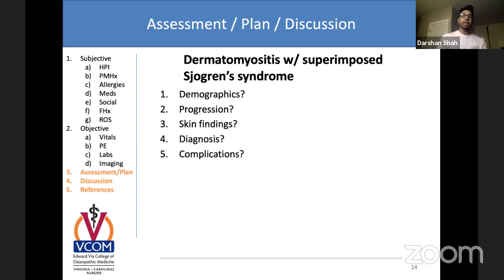Diagnosis, so the gold standard of diagnosing is actually doing a muscle biopsy. So you want to get a muscle biopsy, look at it under a microscope and see, hey, is there inflammation? There's certain things that you can see to diagnose polymyositis versus dermatomyositis. And then complications, right? So this guy has interstitial lung disease. That is really serious because this guy now needs oxygen. His interstitial lung disease is going to progress. And honestly, he's probably going to pass away from the interstitial lung disease more than anything else.